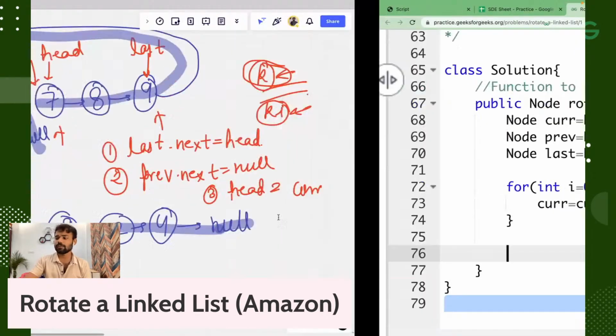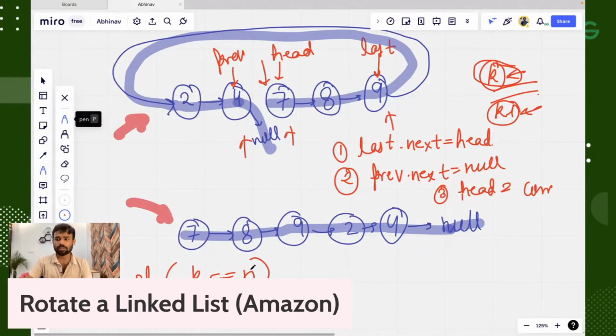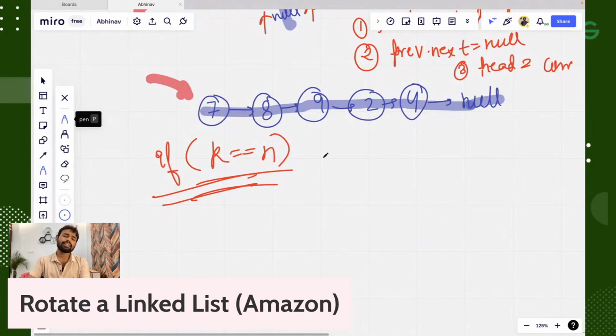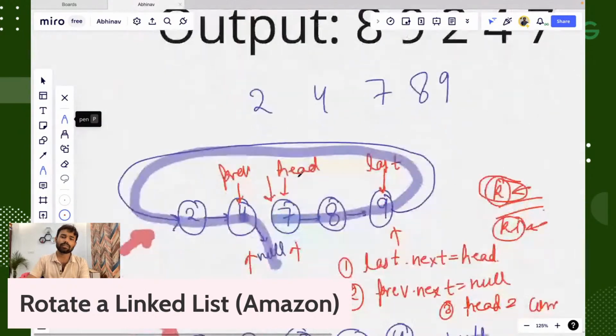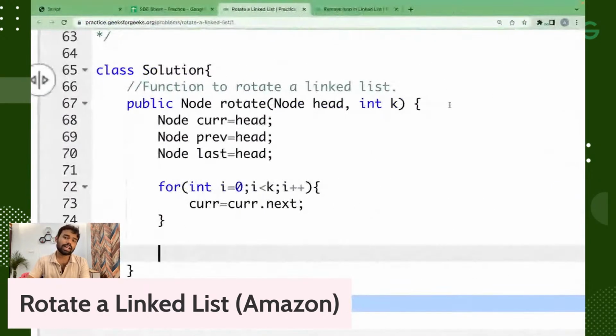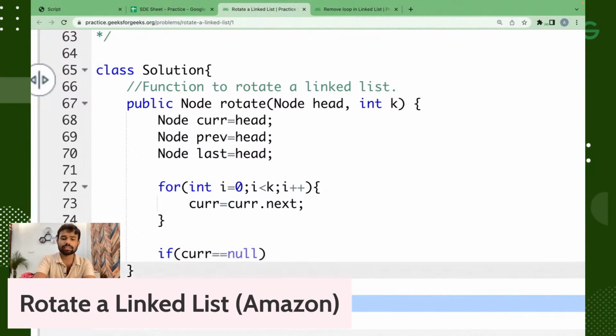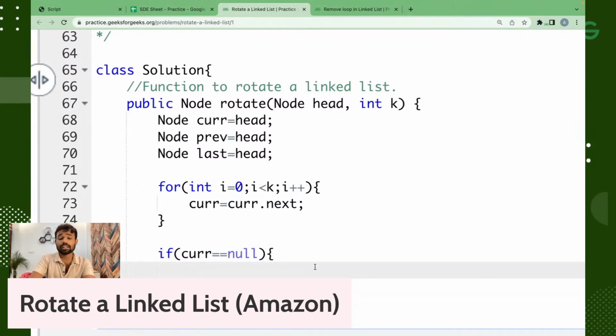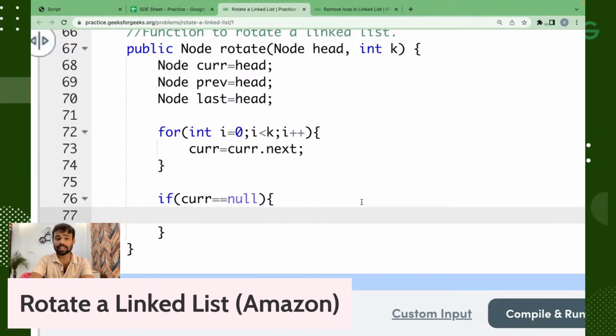Now, let's say the value of k is equal to the size of the list. In that case, what will happen? This current pointer, which we want to be at the start of the link, will reach the end, null. So in that case, if our current is equal to null, that means